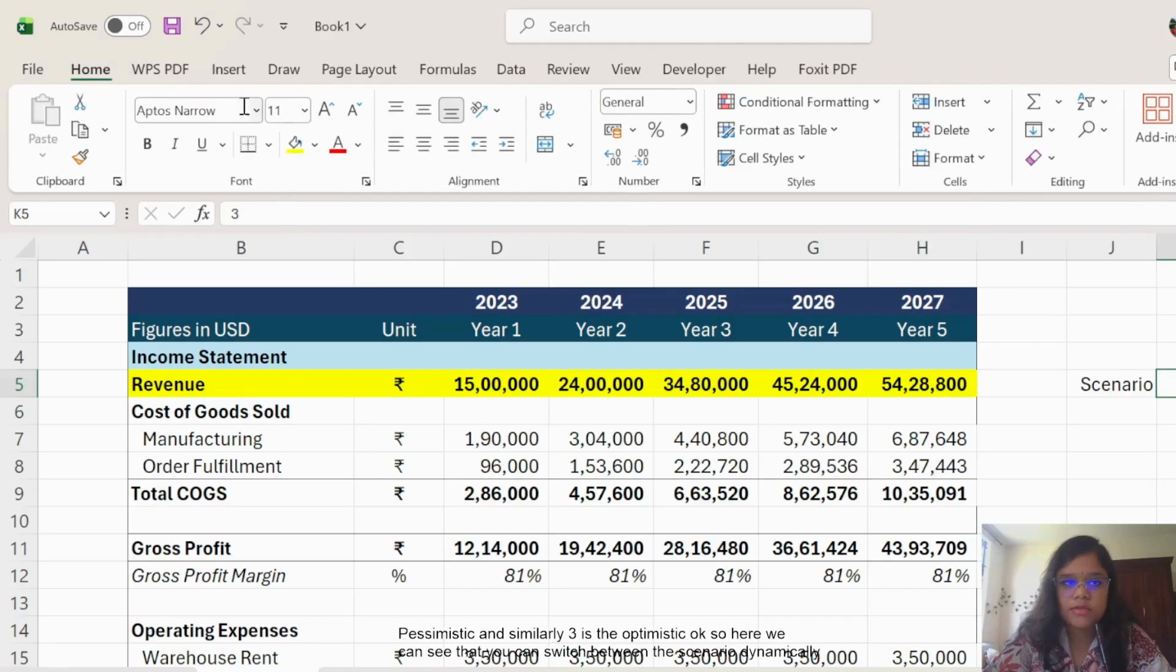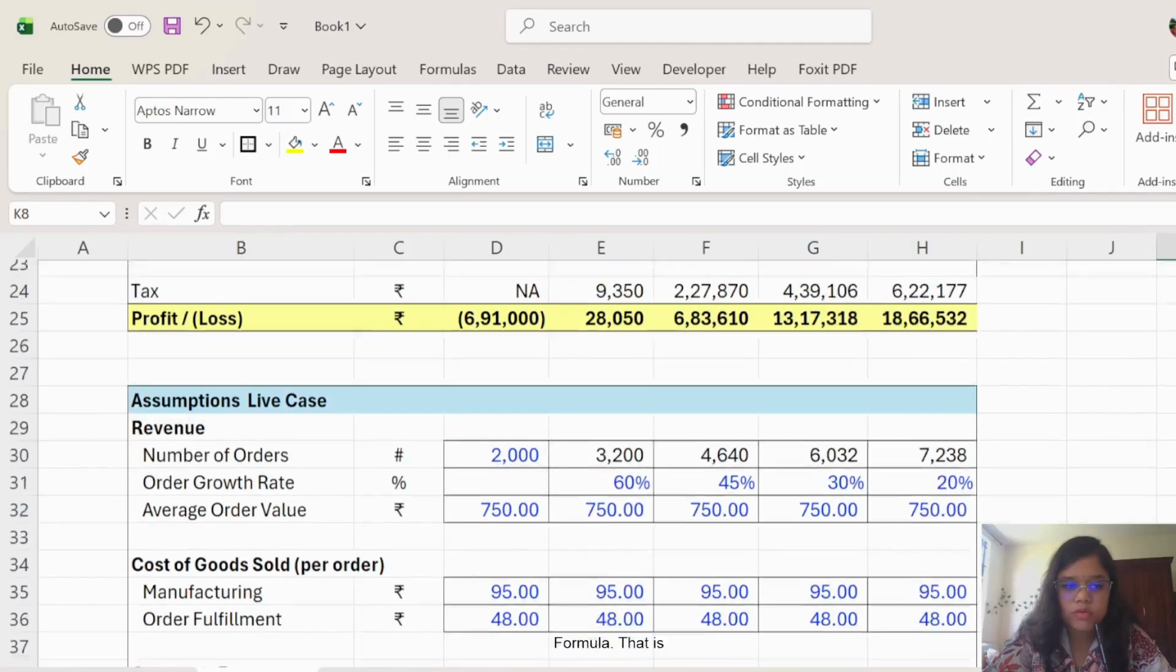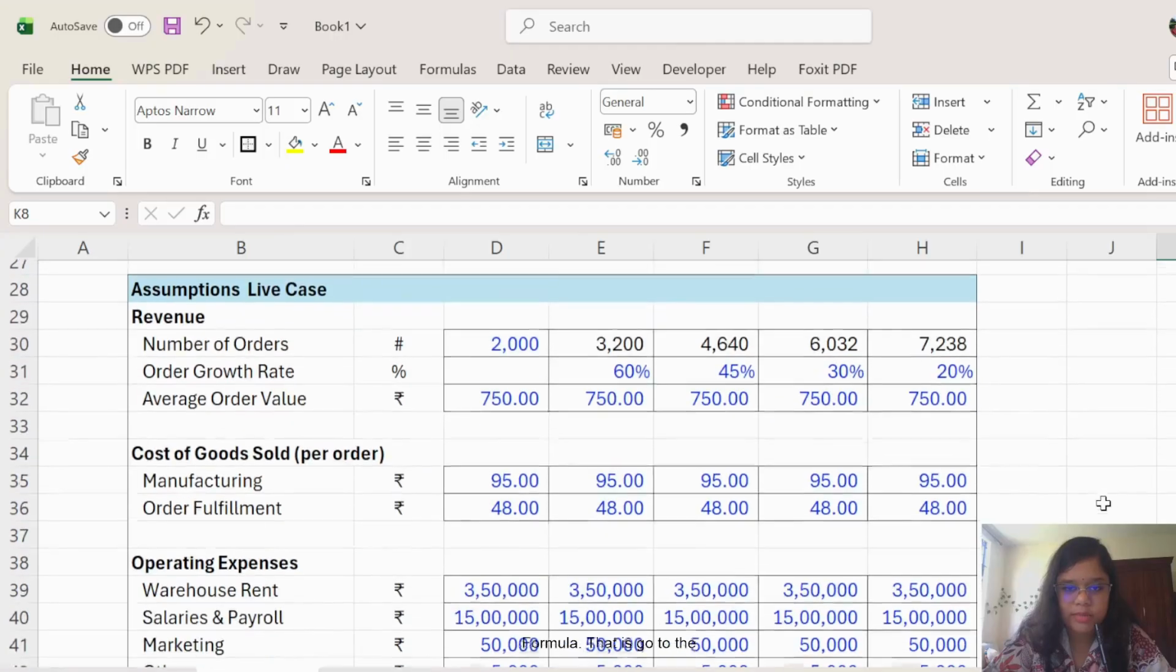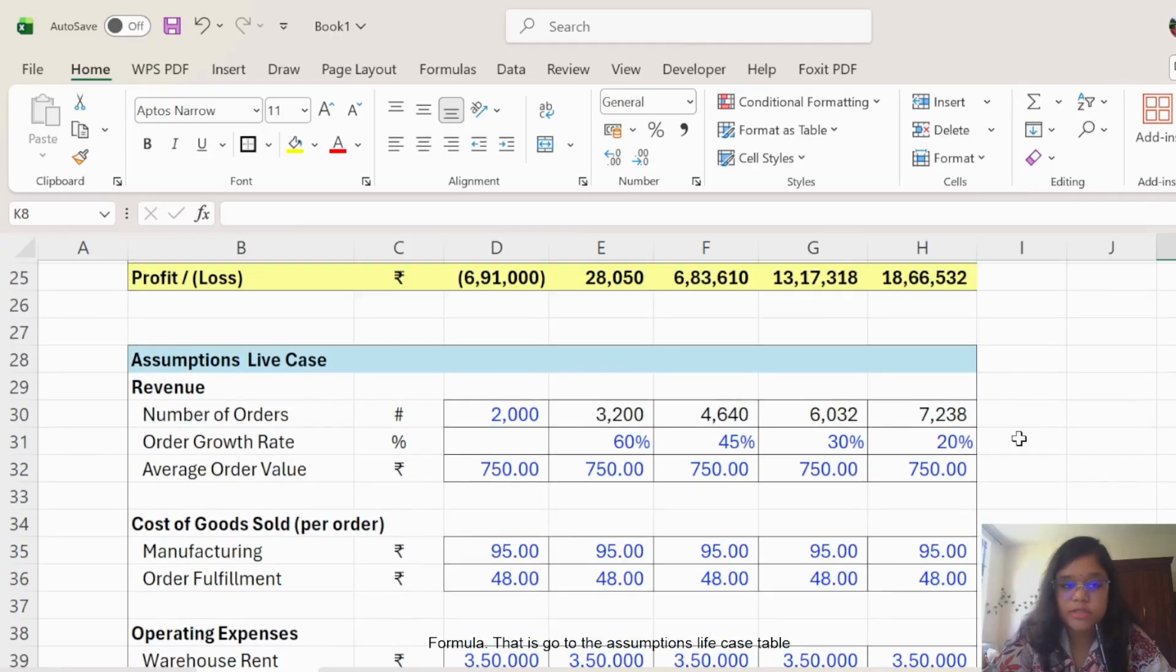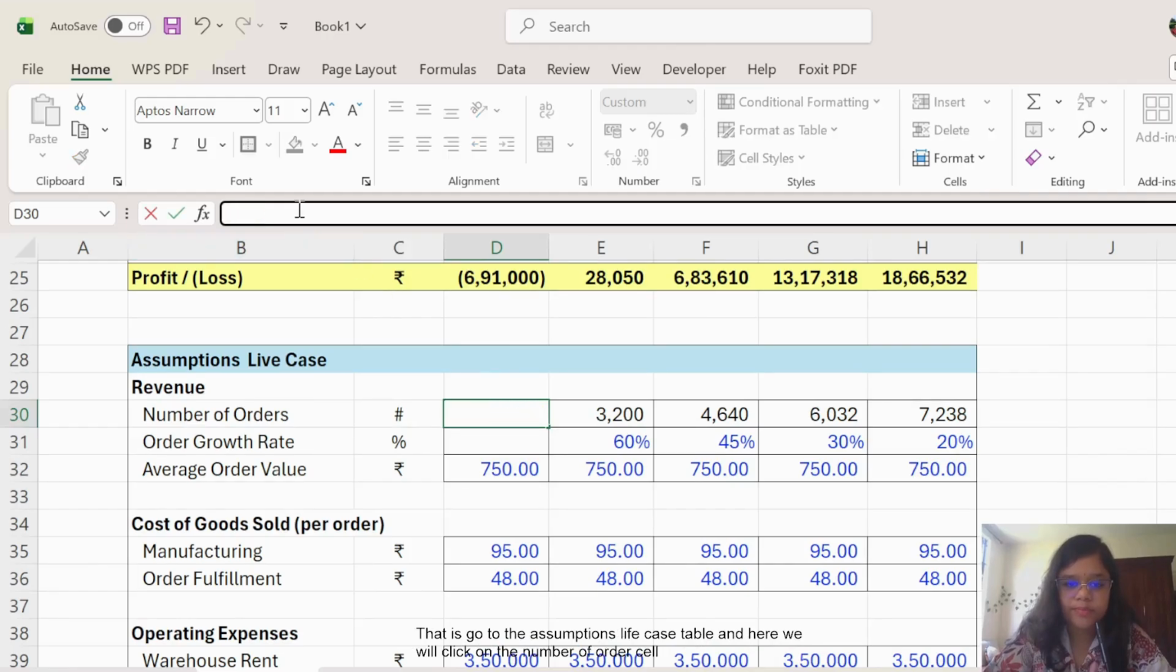So I will just color it. Right? So now we are going to use a formula. Let us go to the assumptions live case table, our original assumptions table. And here we will click on the number of orders cell and put a formula. So what is the formula? It is equals CHOOSE